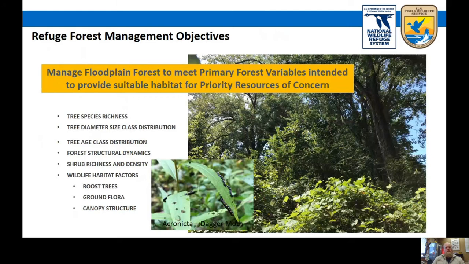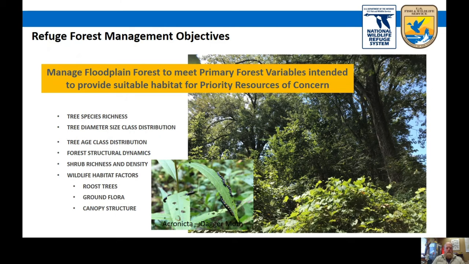Now to the refuge forest management objectives. Our plan is to manage floodplain forests to meet primary forest variables intended to provide suitable habitat for priority resources of concern. Things include our tree species richness, tree diameter size class distribution, tree age class distribution, forest structural dynamics, like this varied strata canopy in the picture to the right, shrub richness and density, and a myriad of wildlife habitat factors